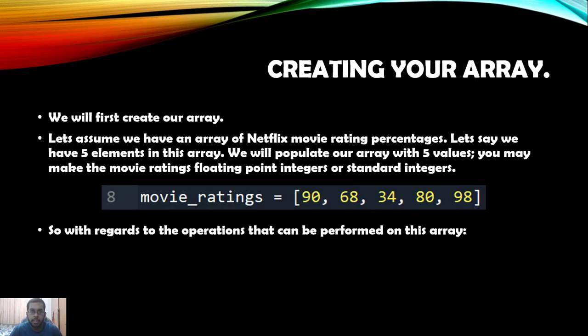Creating your array. We will first create our array. Let's assume we have an array of Netflix movie rating percentages. Let's say we have 5 elements in this array. We will populate our array with 5 values. You may make the movie ratings floating point numbers or standard integers. movie_ratings equals 90, 68, 34, 80, 98. So, with regards to the operations that can be performed on these arrays,